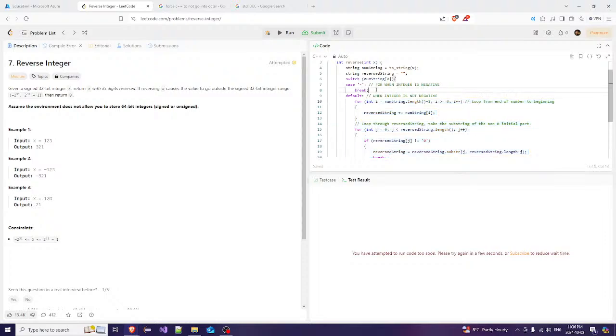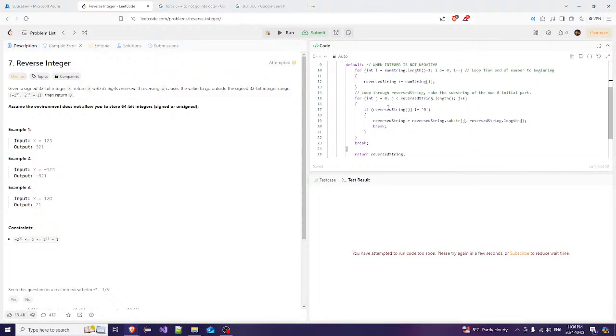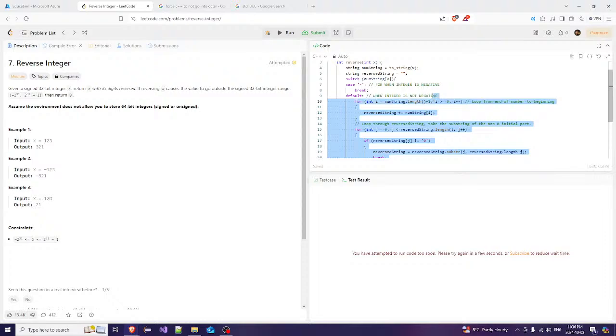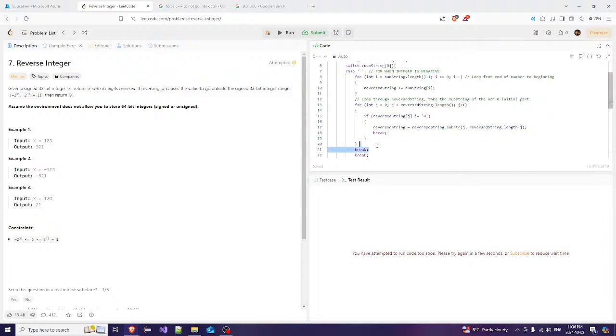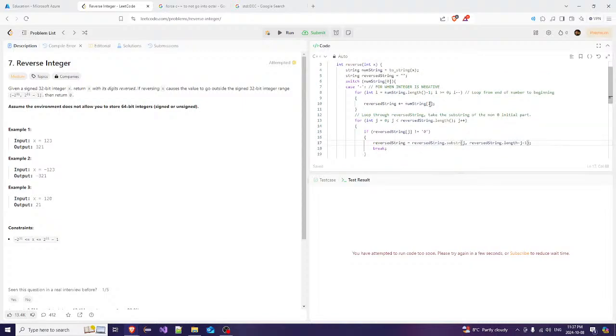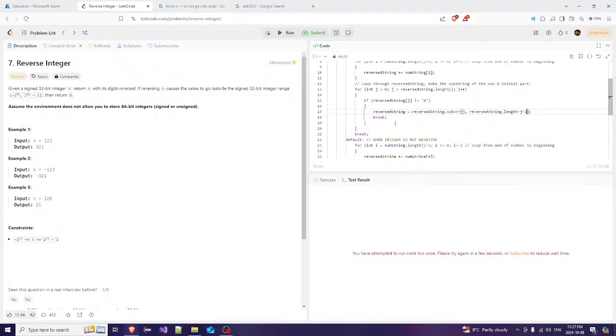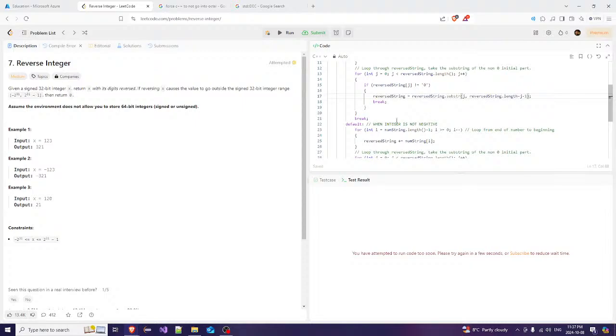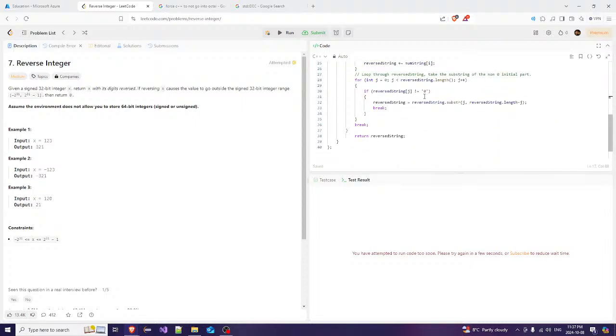So it's actually the exact same stuff, except when we do the substring, we do minus j minus 1, because you want to remove the negation part, and then you add